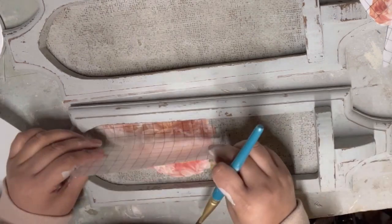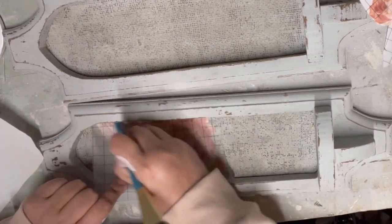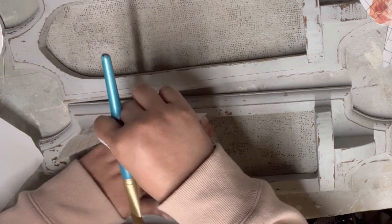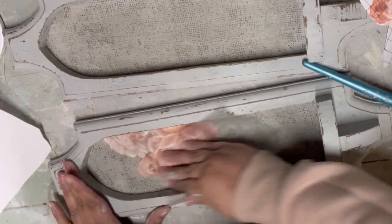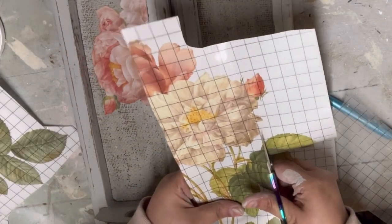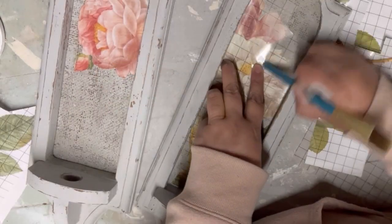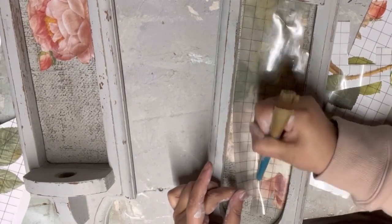So all you do is the same process on any other piece. You go ahead and rub on that transfer, removing that backing, placing it down wherever the piece did not adhere, and just repeat that process. Go ahead and burnish that into the fabric, and I will continue on cutting out the other half of the image and placing it into our second sconce, repeating that process of rubbing on and removing that plastic,